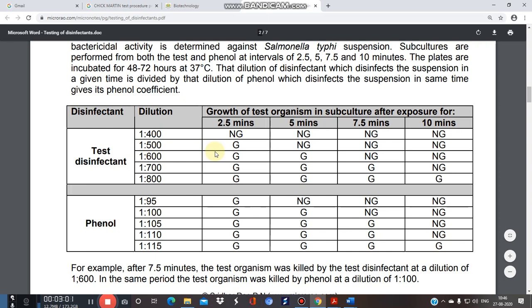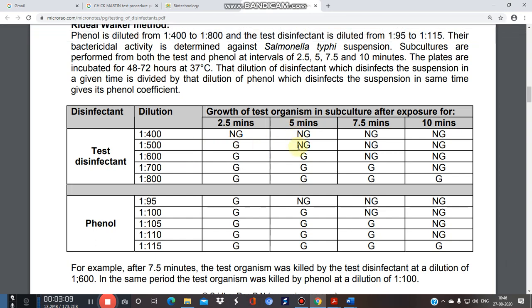Then again we will start at different time conditions. So again you will see growth here. Yes, it will sustain, but at 5-minute interval it will show again no growth. The bacteria will die at 5 minutes. Bacteria is killed at 5 minutes, but not at 2.5 minutes. Again 600, look at this 600 value. Again the bacteria will sustain at 2.5 minutes, and at 5 minutes it will again grow, but at 7.5 and 10 minutes, after 5 minutes it starts deteriorating, or you can say it is killed after 5 minutes and killed in 7.5 minutes. And we will compare this test disinfectant with phenol value.